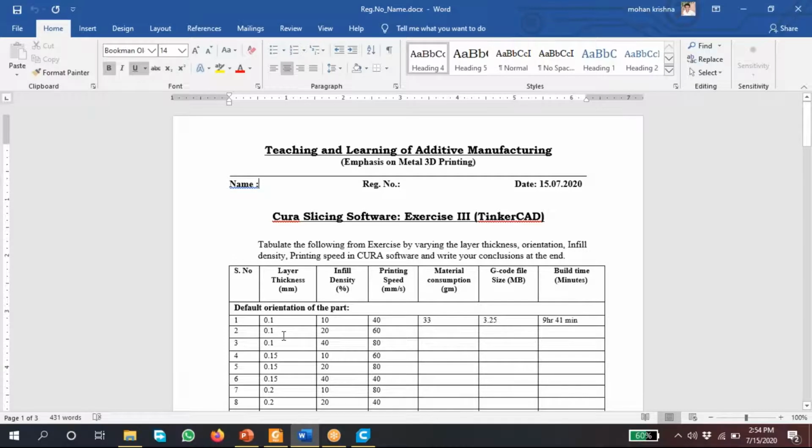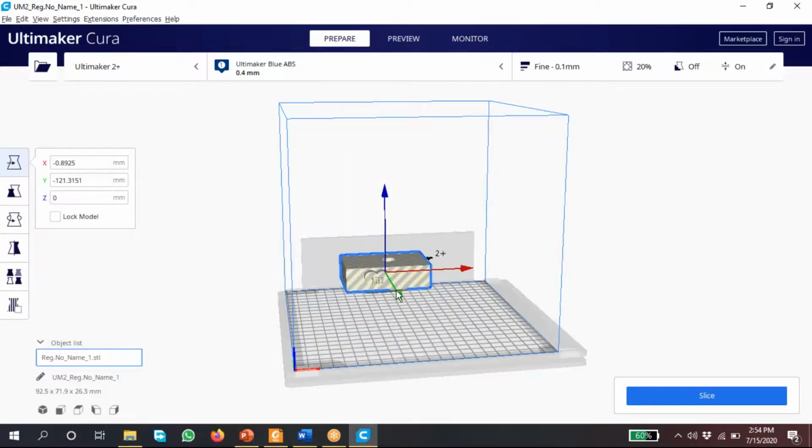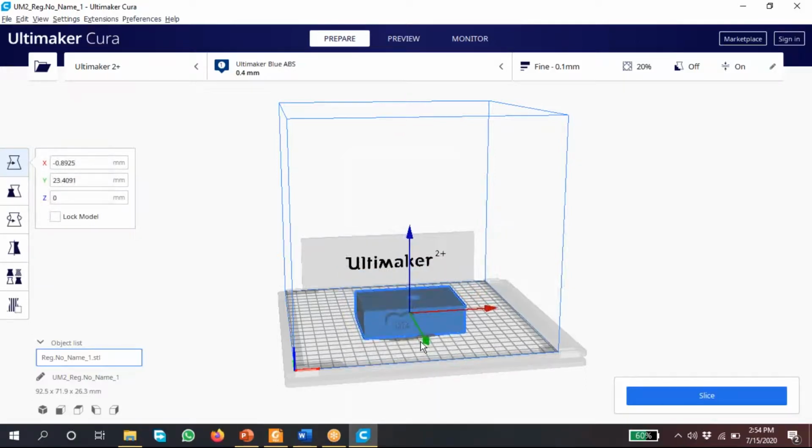Sir, my part is in the build space, but still it is showing hatching lines. Then you need to move it into the build space like this. It is already in the build space, but still it is out of the build. It is bigger than the build space. No, but it is inside the cube, completely inside the build space.